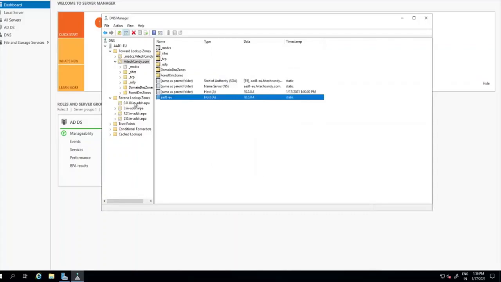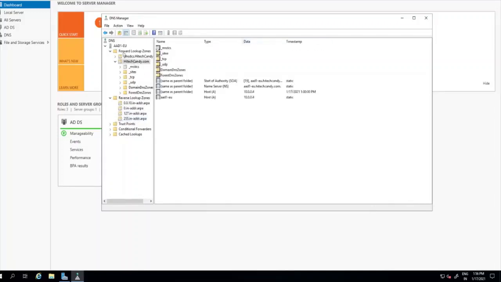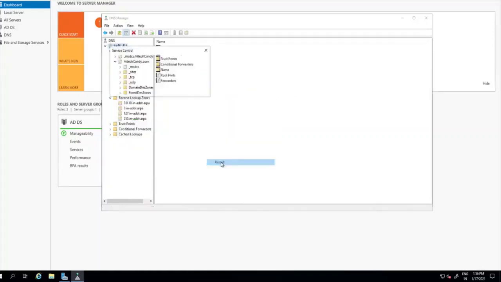While you do this, you will find that a reverse record, which we call the PTR record, the pointer record, will be created for this server. There are a couple of zones in reverse which are automatically created, so we are not actually going into details on them. And once this is done, you go to all tasks and you restart your DNS services.